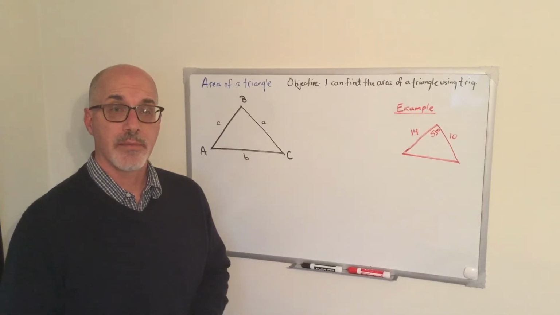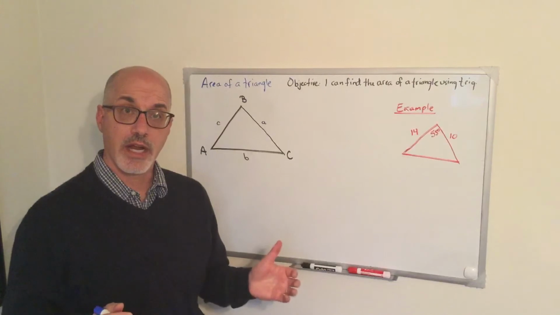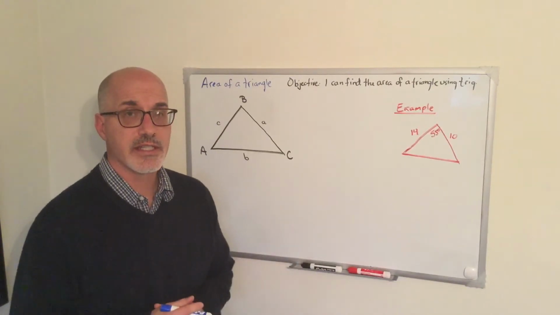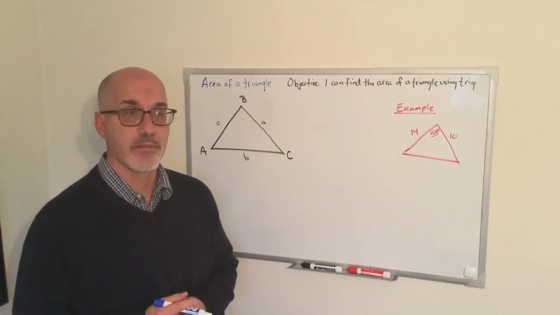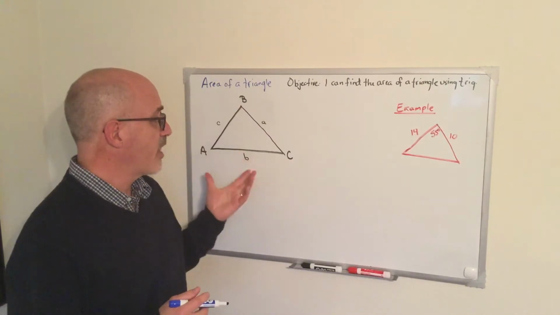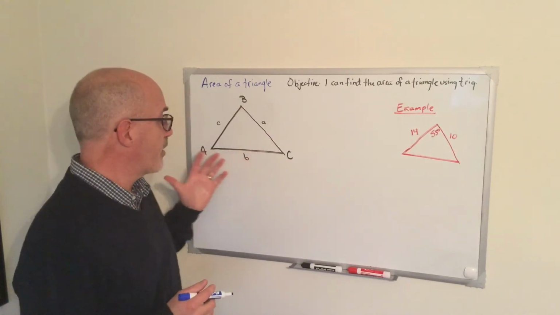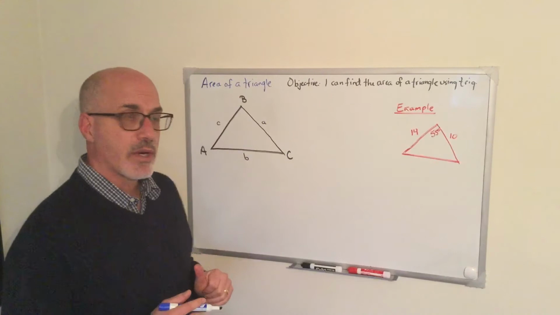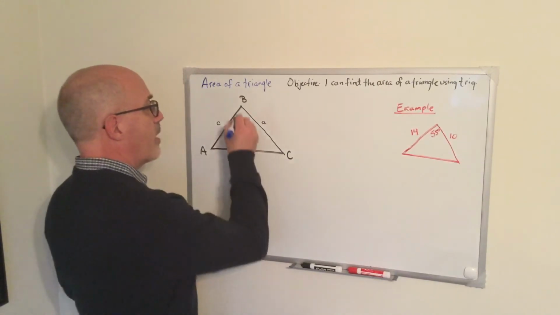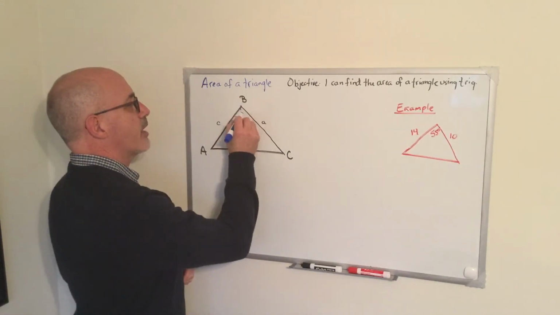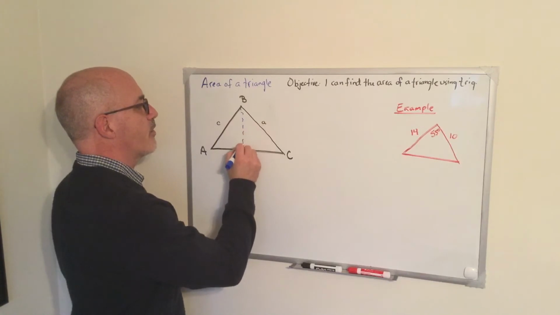This lesson will be about finding the area of a triangle using trig functions. In this case, I'm going to use the sine function. So what I'd like to do is develop that by using this triangle ABC. What I'm going to do is drop a perpendicular down here, because when we find the formula